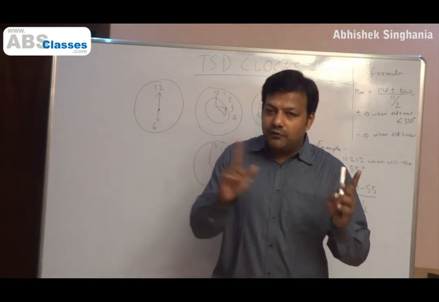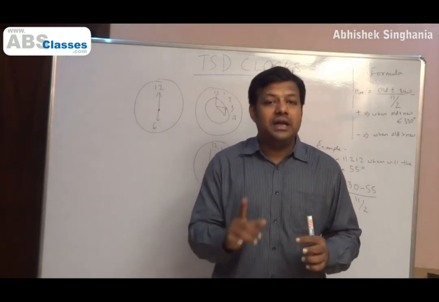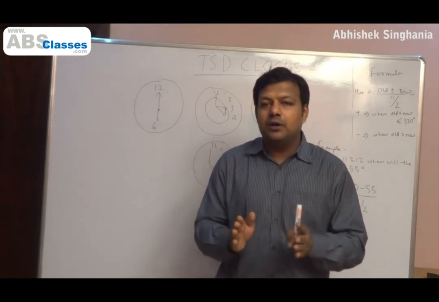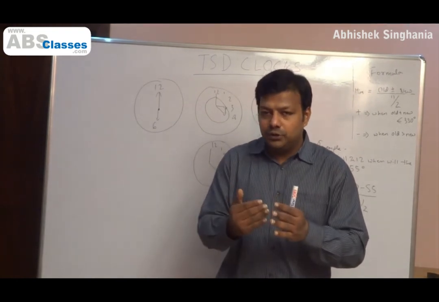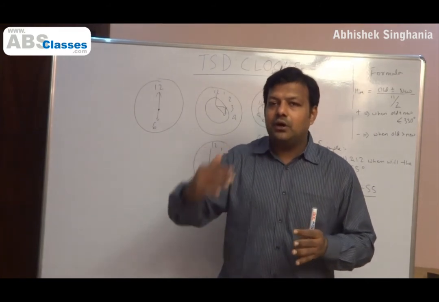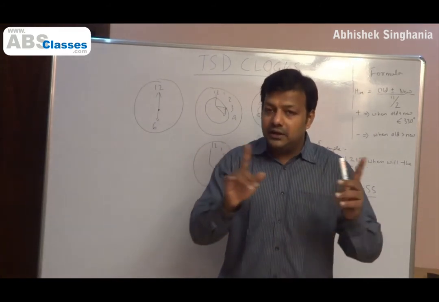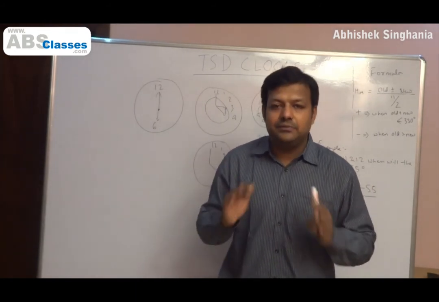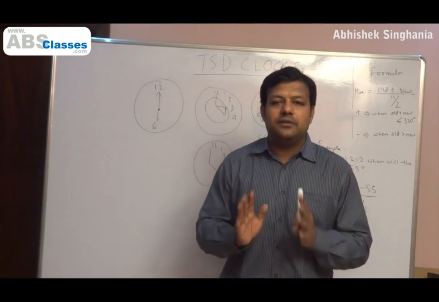It means from 5 to 7, there is only one time when they are diametrically opposite to each other, not twice. Therefore, the number of times they will be diametrically opposite to each other, be in a straight line or form an angle of 180 degree in a 12-hour period from 12 to 12 is not 12 times, it is 11 times. Okay, so all these angles are formed 11 times.